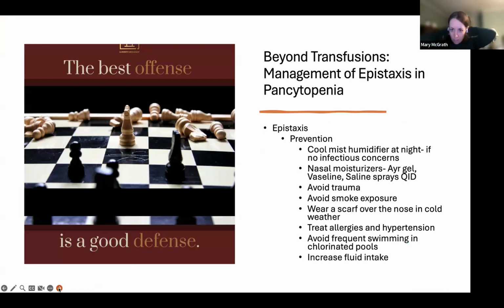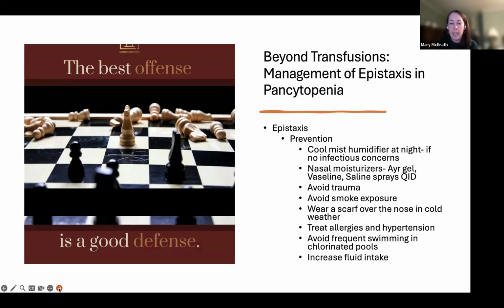All right. And then switching gears a little bit into management of bleeding. For individuals with pancytopenia with epistaxis, regardless of the underlying cause, whether it's thrombocytopenia alone or thrombocytopenia plus a congenital or acquired bleeding disorder, I think the best way to manage it is to try and prevent it. So in addition to platelet transfusions as needed based on the platelet count, other techniques to prevent epistaxis really should focus on